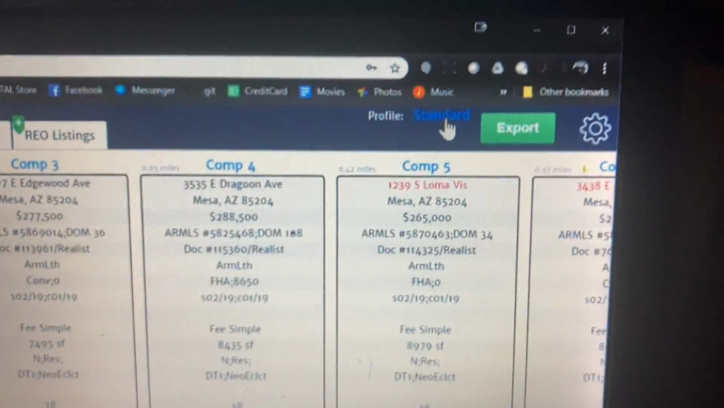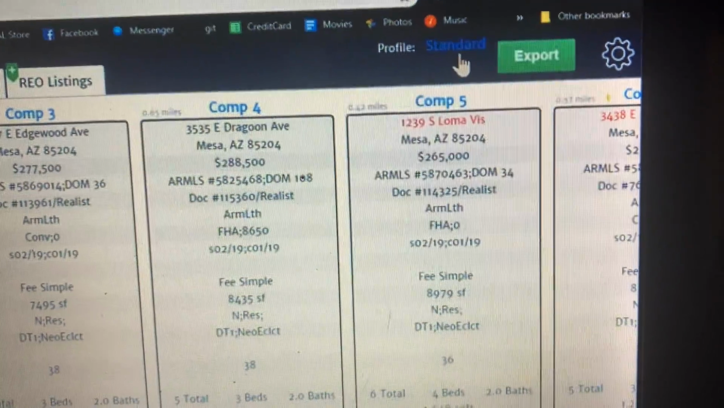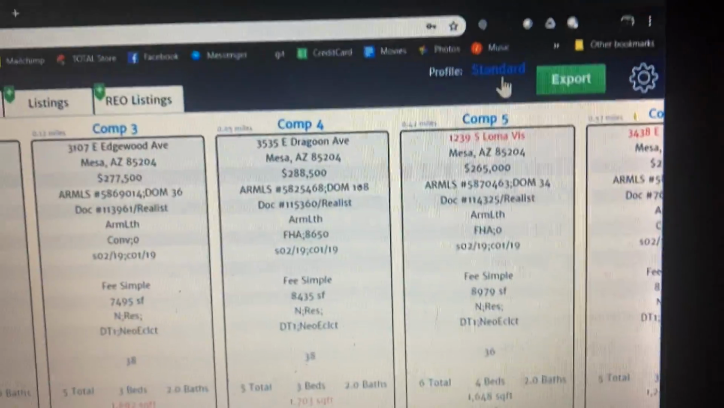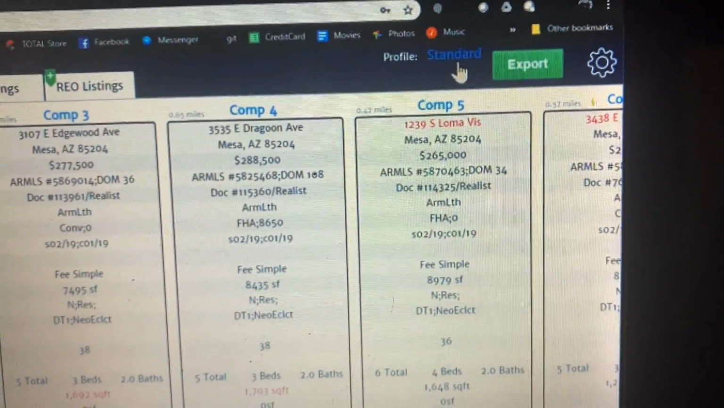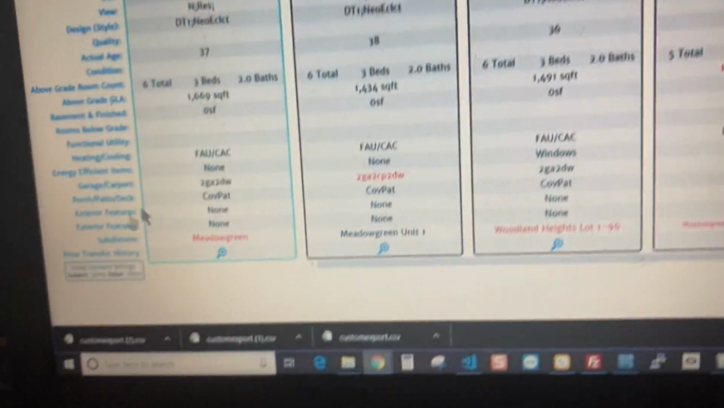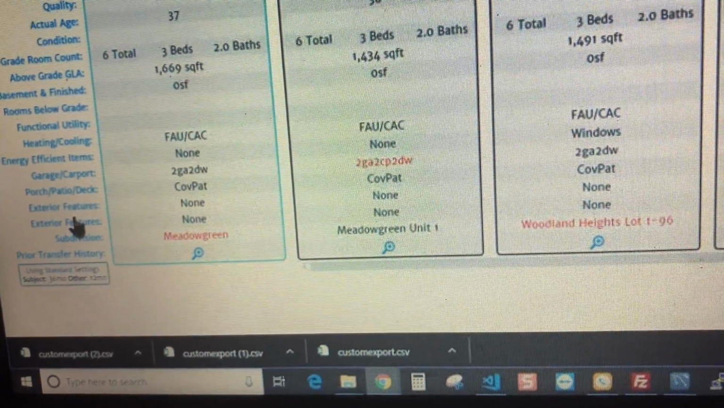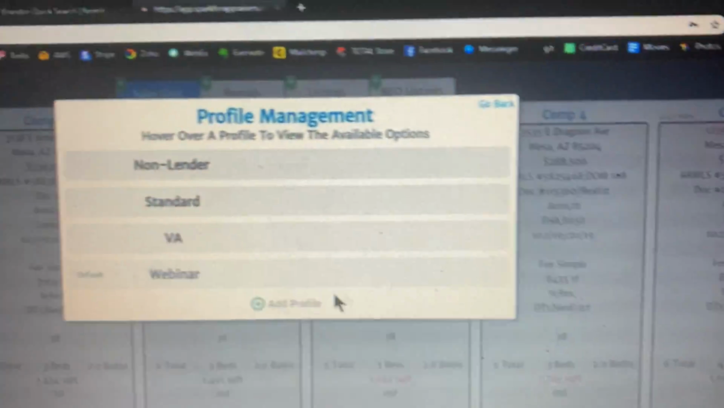Okay, so now profiles. I was just talking about those briefly, but let's talk about them a little bit more. Essentially, you can use these profiles to customize the way your grid looks. For example, if you have a particular client that always wants something on this bottom line of the grid, maybe original list price or list price to sale price ratio or whatever it is, they always want that down here. You can click this, go to manage profiles, and you can add a profile,